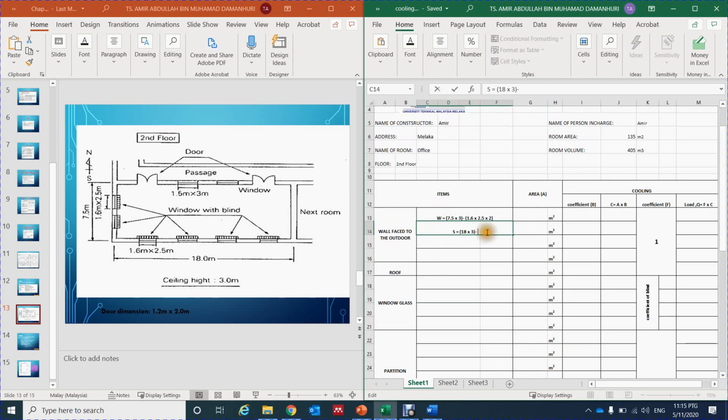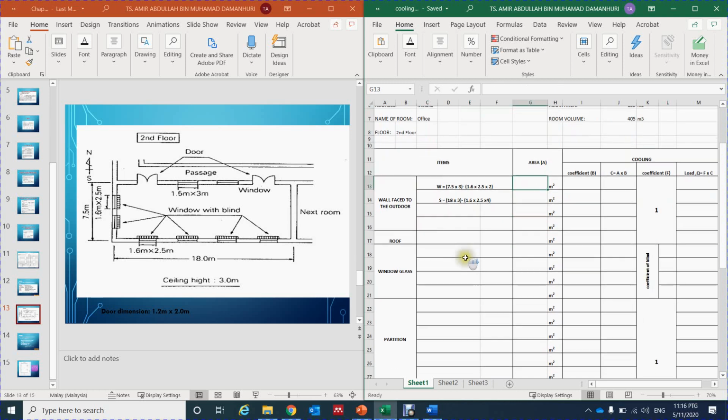So now 18 times 3, and then we have to minus how many windows they have, 1.6 times 2.5, and then we have to times into 4, because they have about 4 walls here. So the result from here you have to put in here. So usually I like